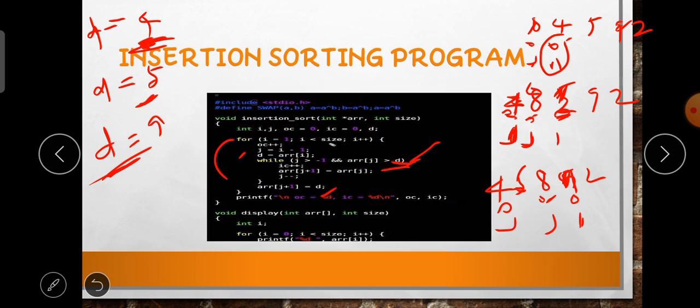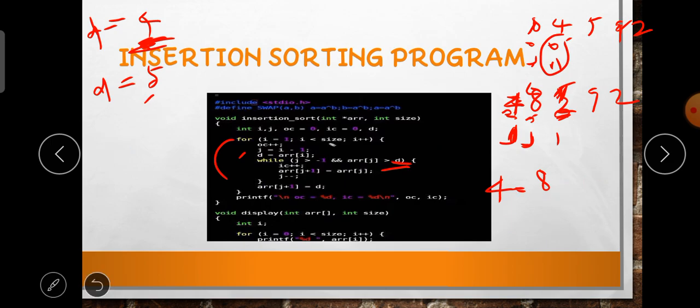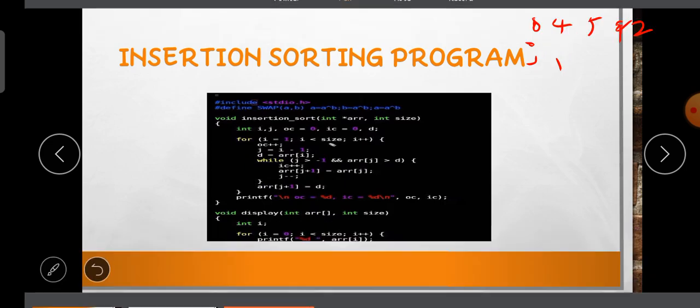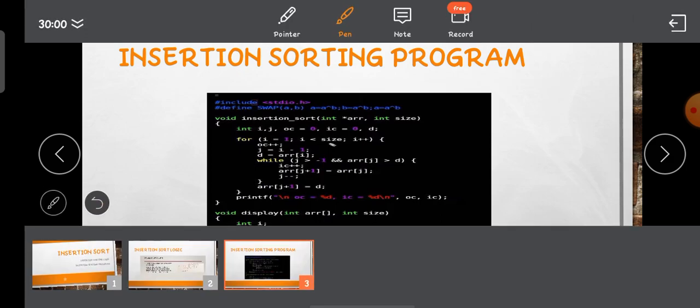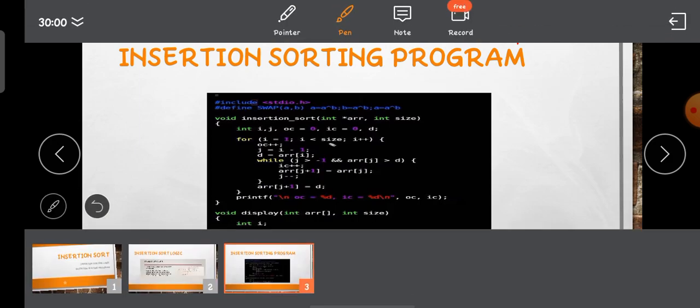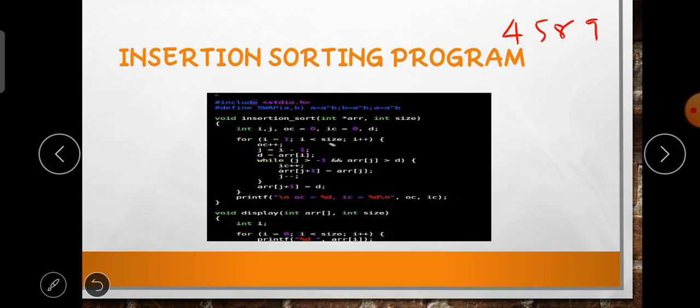So we are cleaning some of this. Finally we get the values 4, 5, 8, 9, 2. I remember that, because there is no space. Okay, I get the final one as 4, 5, 8, 4, 5, 8, 9, 2. This is the value I finally get.